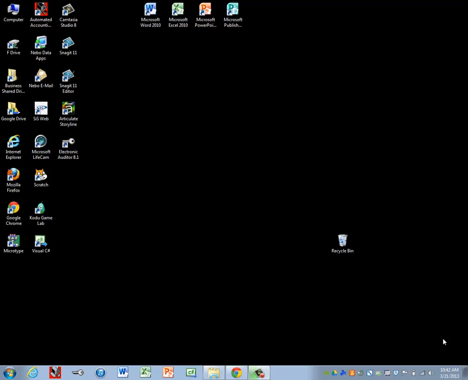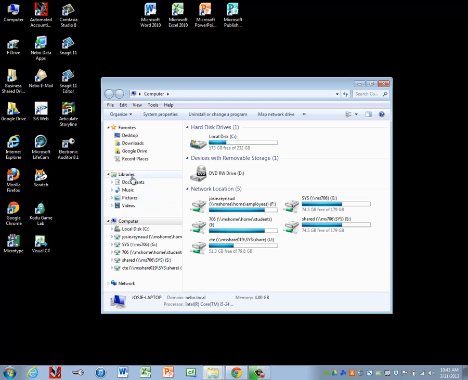This tutorial is to help you create folders to organize all of your files and also completes the requirements for your Create Folders assignment. What we want to do is go ahead and go into your F drive. You should have an icon on your desktop to get into that, or you can come here to your computer icon and then down the left hand pane under computer you should see a drive that has your student number